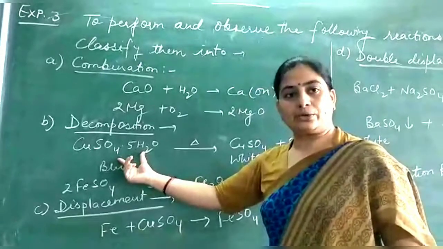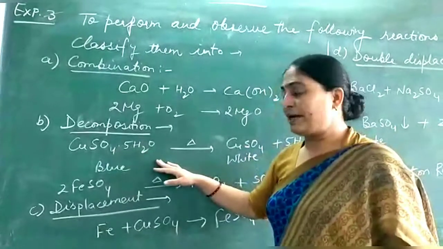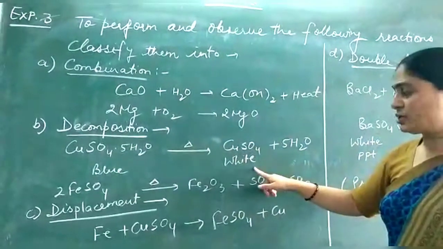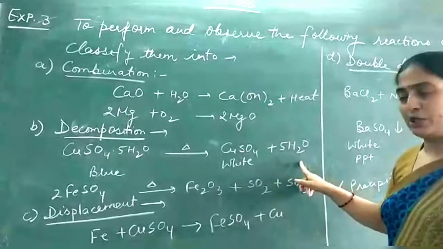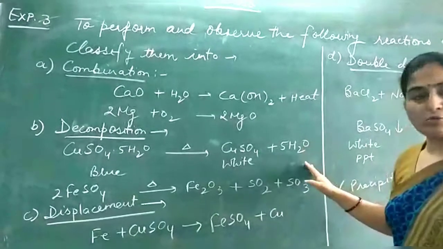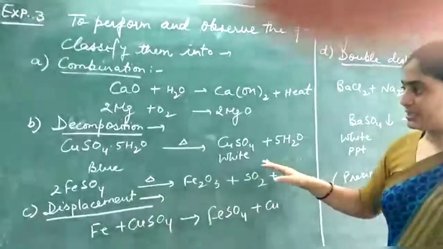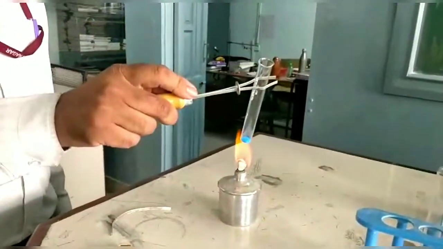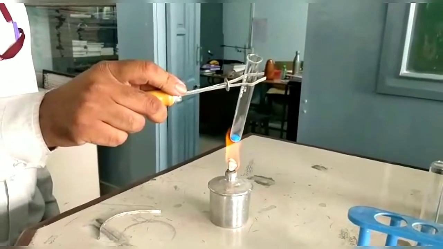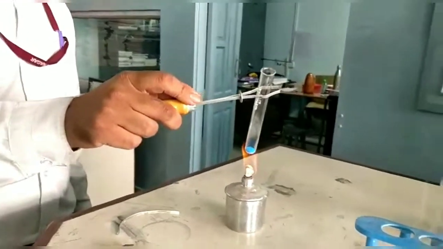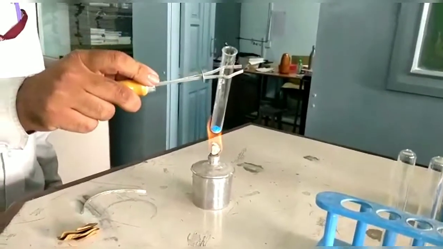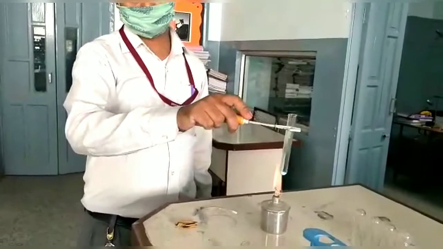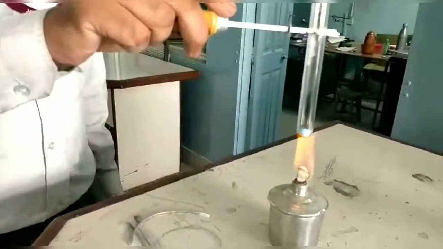I am going to demonstrate this with copper sulfate pentahydrate, which is blue in color. On heating, it changes to white because the 5 water molecules leave and go off in the form of moisture into the atmosphere. So let's see how it happens. In the test tube, we have this blue colored copper sulfate salt, and sir is going to heat it, and on heating we can see at the bottom of the test tube it changes to white.